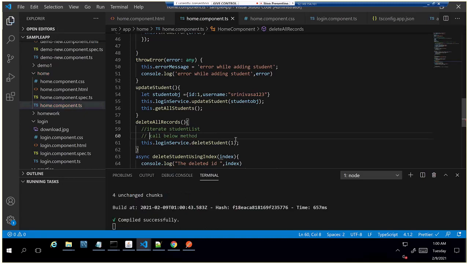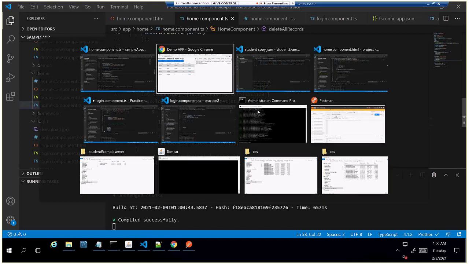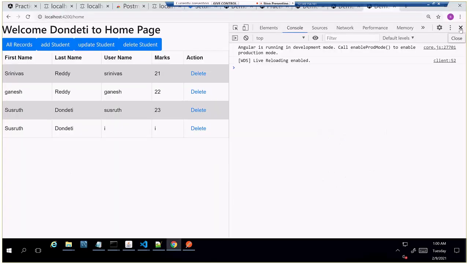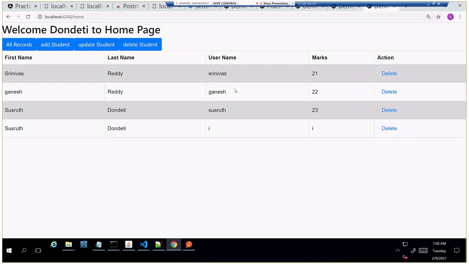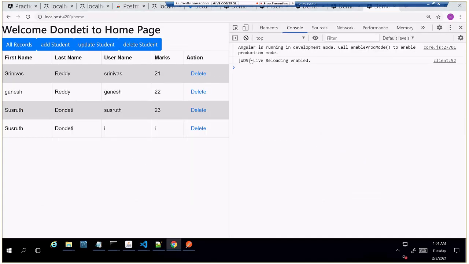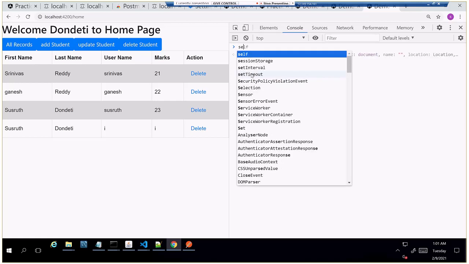So change this method. It will work fine. Otherwise, we'll see tomorrow. And actually we have a login page, right? Currently, what we are doing is, oh, there is no logout button here. Okay. One second. I am redirecting to the login page as we don't have a logout button.